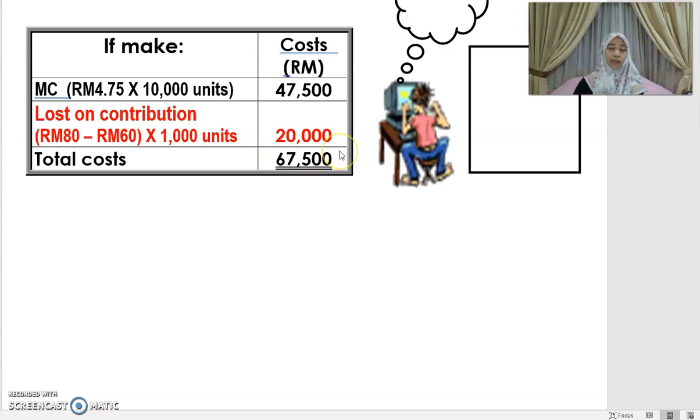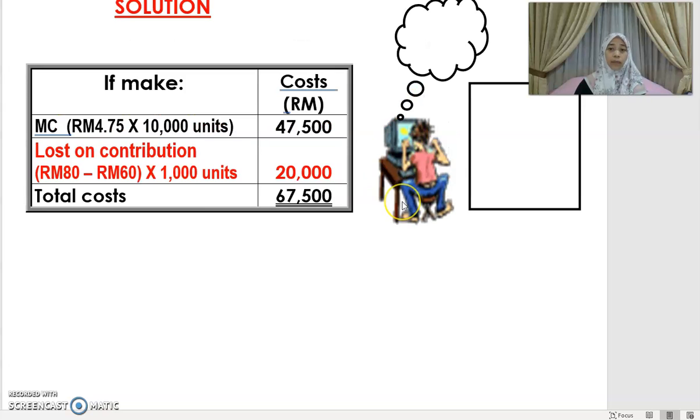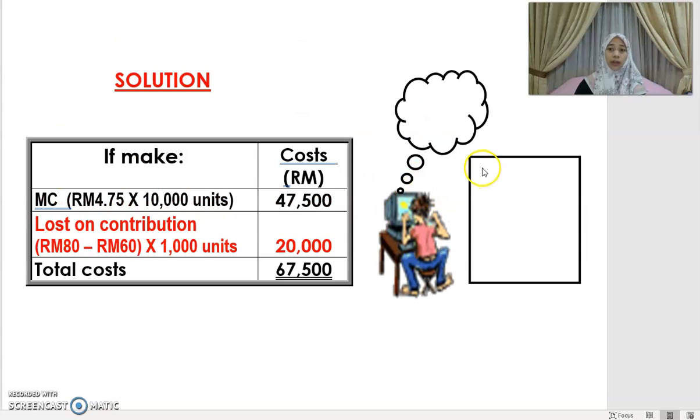So this is a relevant cost, because if you make, then you will have this particular opportunity cost. So the total cost, if you make, will be 47,500 plus your 20,000, which gives you 67,500. So this is the relevant cost of making. You compare that with your cost of buying. If you purchase that,